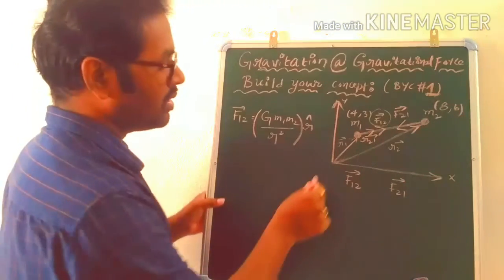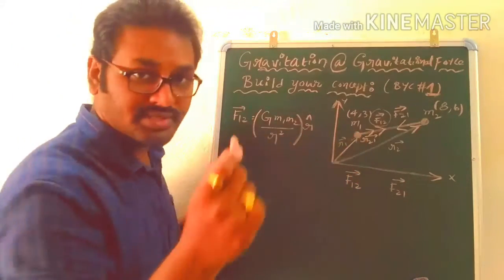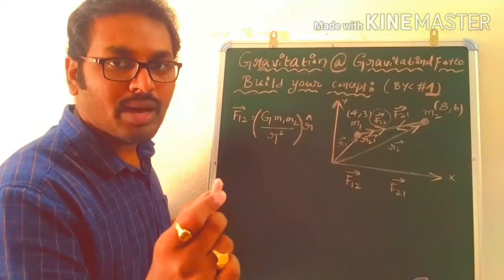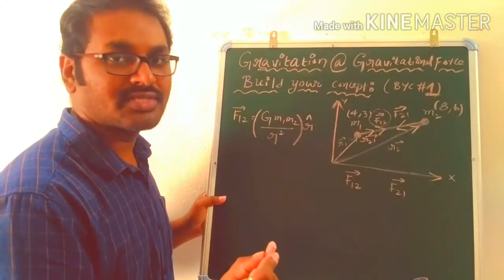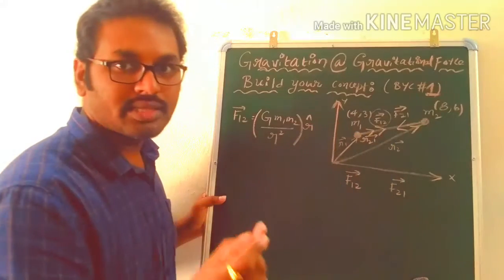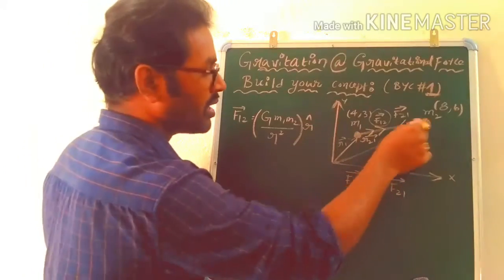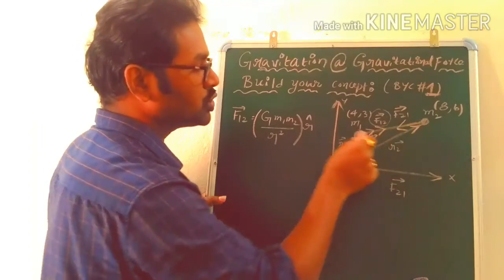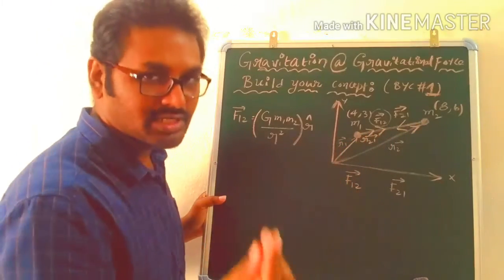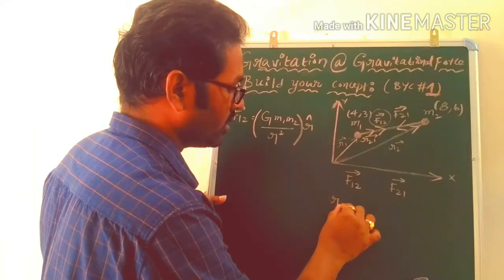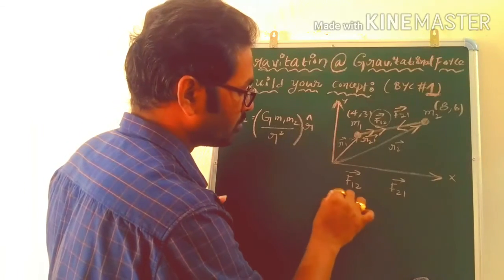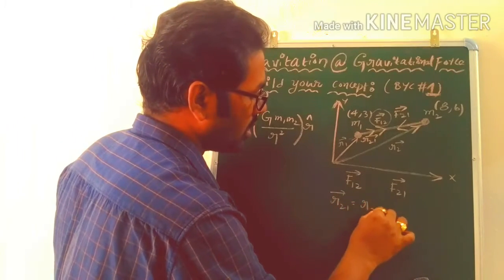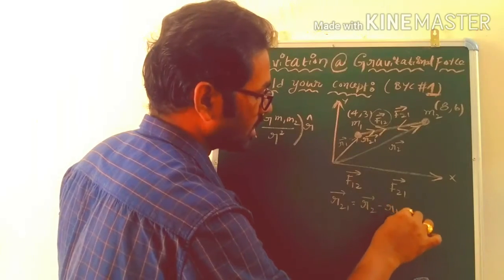R1 bar represents the position of particle 1 with respect to the origin. R2 bar is the position vector of the second particle with respect to the origin. To get R21 bar, we can write R21 bar is equal to R2 bar minus R1 bar,